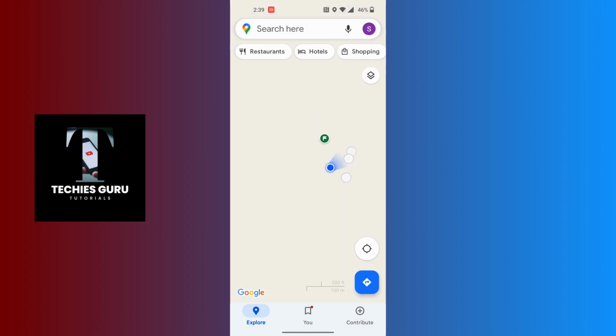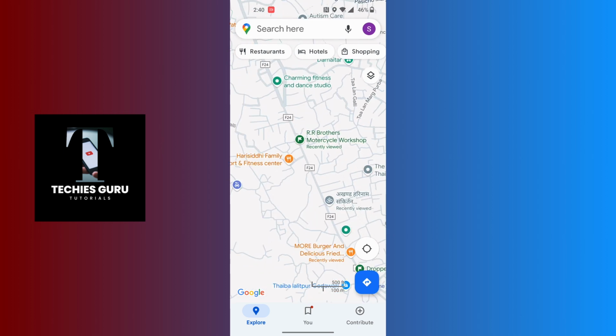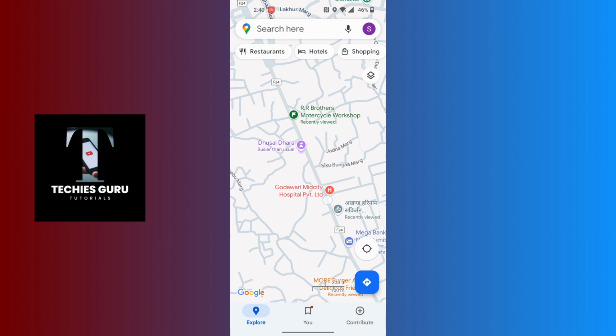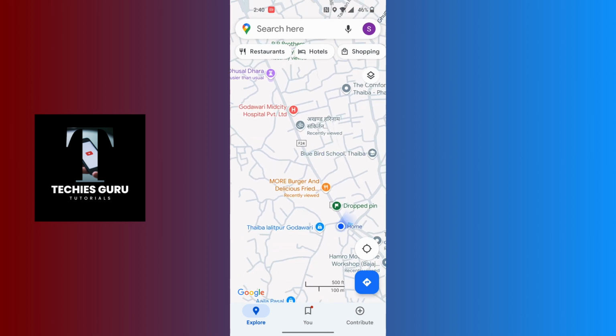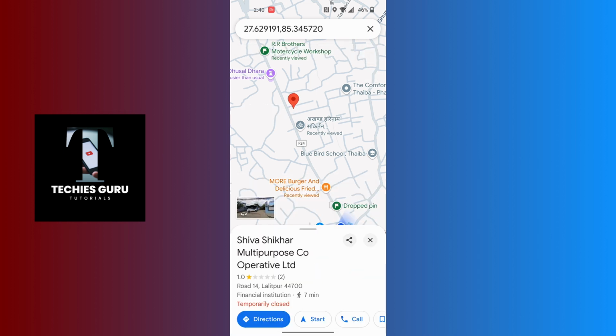And after opening your Google Maps application on your phone, in order to copy the location link, first tap and hold on the place on Google Maps which you want to copy the location link of. For example, let's copy the link of this hospital over here. To do that, let's tap and hold on the place, and when the pin like this is dropped over there,